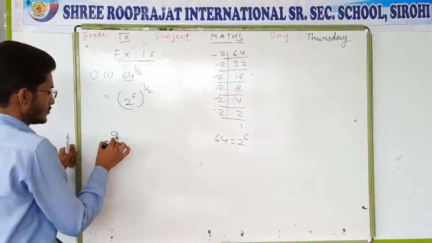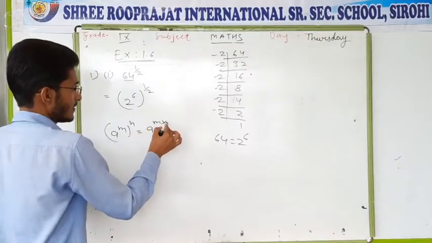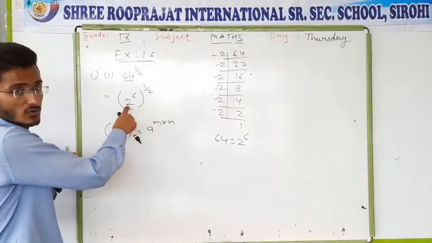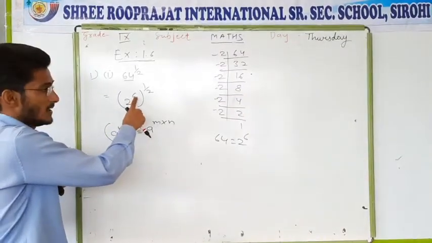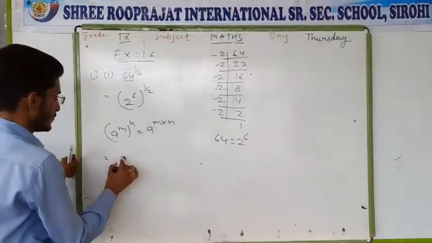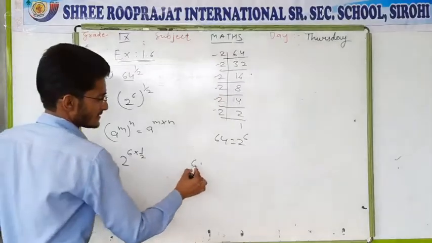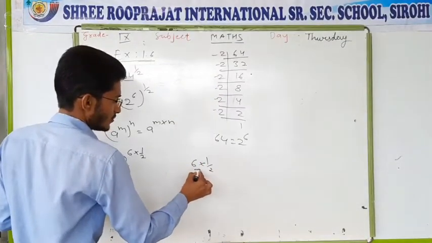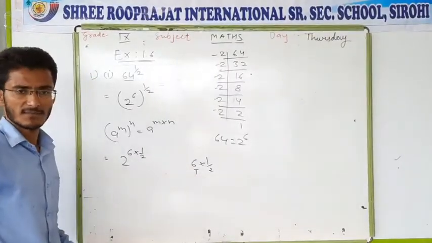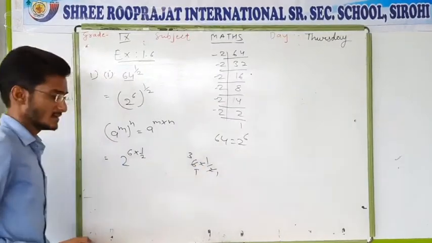Next, we just talked about a law of exponent when there are 2 powers. If we have a to the power m and again power n, then what will we do? We will multiply both exponents. Same as here, the base is 2, then there is a power 6 and again over the bracket there is a power half. So if we open the bracket, 2 to the power 6 multiplied with half. We solve this part, 6 multiplied with half. There is no denominator, that means there is a 1. Now we can divide numerator and denominator by the same number if it is divisible. So you can see 2 1s are 2 and 2 3s are 6.